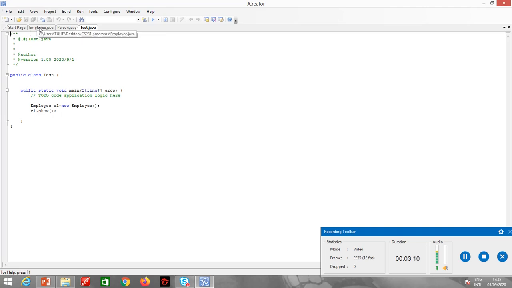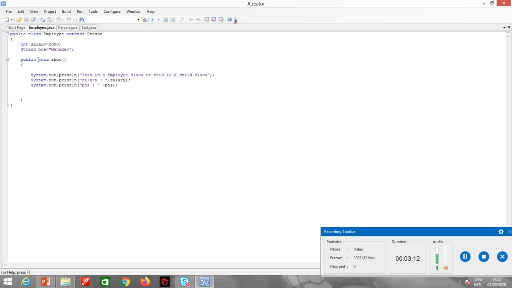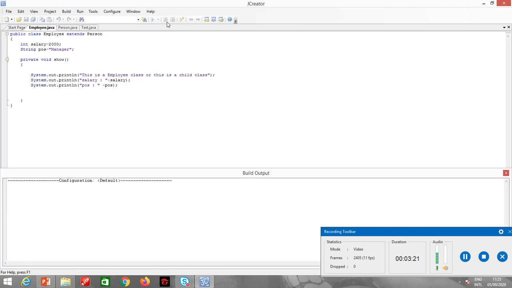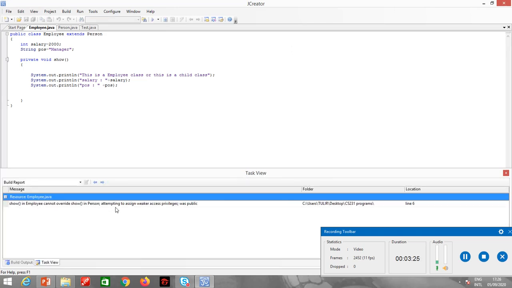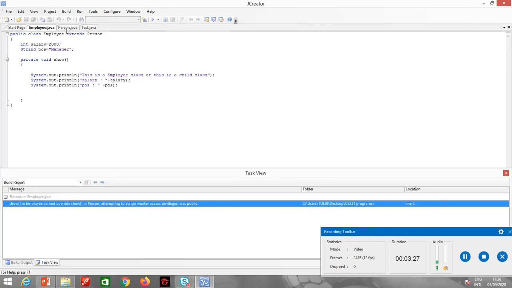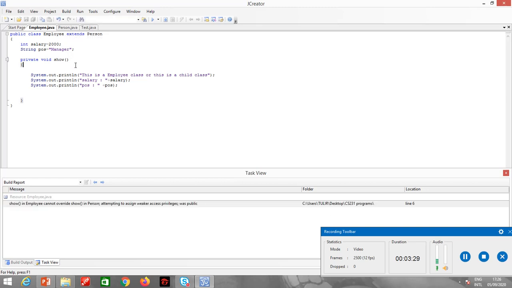Now what do I mean by a more restrictive method? So for example, if I make it over here private void show, in the parent class I make the method private. Sorry, because person is the parent class, let me correct it.